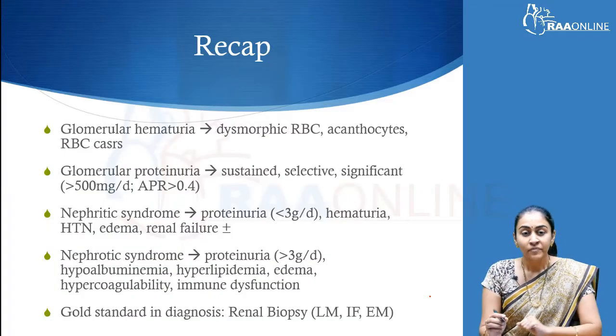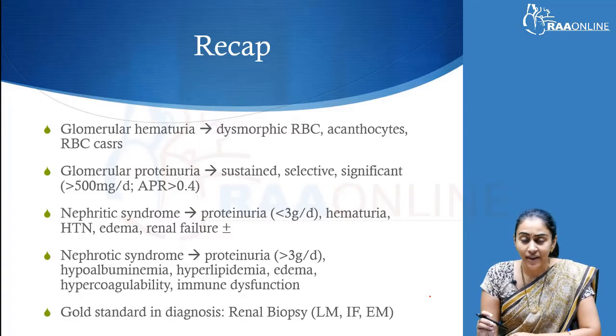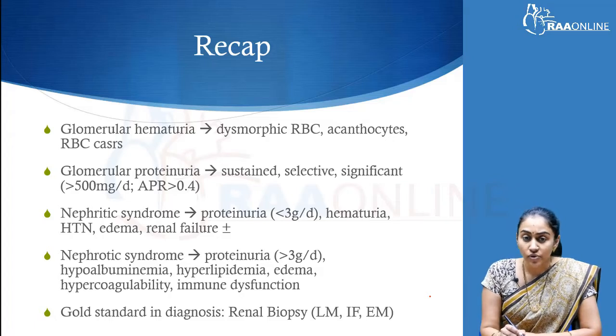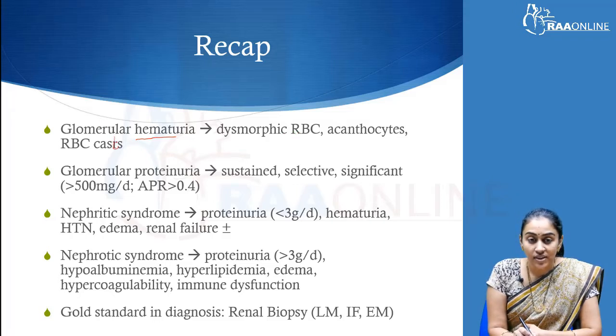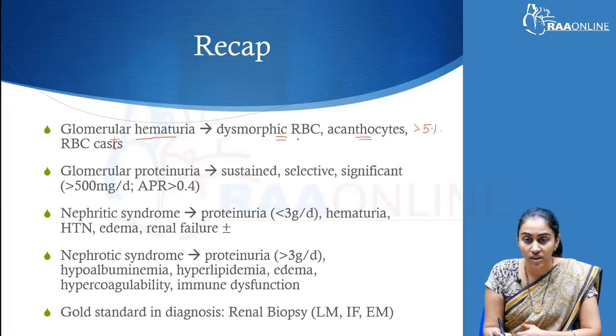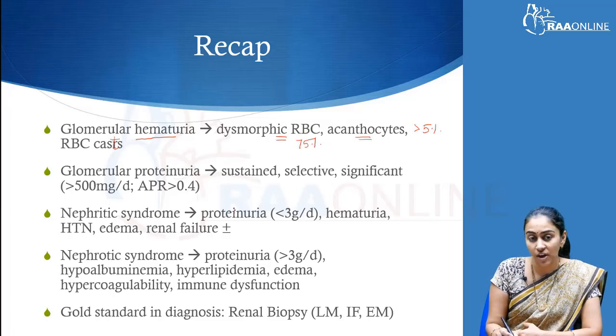Now, just to recap the salient features of a patient with glomerular disease, patients often present with glomerular hematuria. Glomerular hematuria is often microscopic. In some conditions like IgA nephropathy and sickle cell disease, it may be macroscopic or gross hematuria as well. The patients have an active urinary sediment with RBC casts. The urine examination is significant for acanthocytes, which need to be more than 5% to be significant in glomerular hematuria, and dysmorphic RBCs are going to be at least more than 75%.